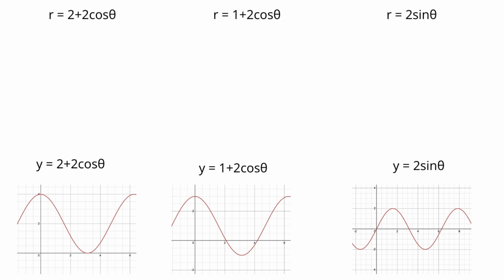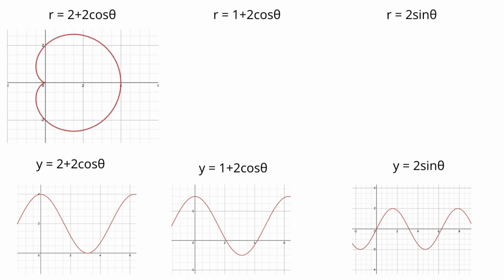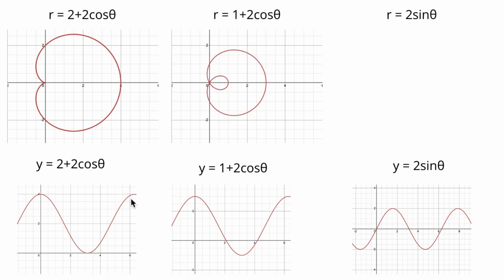When we look at the graph, we can see where it starts at 4 and then moves all the way to 2, and then it has an x value of 0. And so it comes back out and circles back around to 4. With the second one,